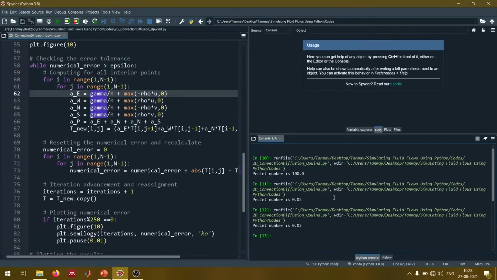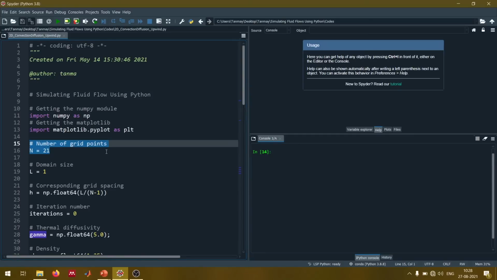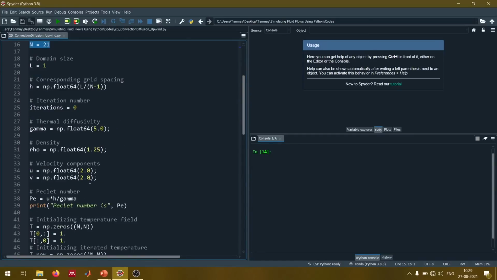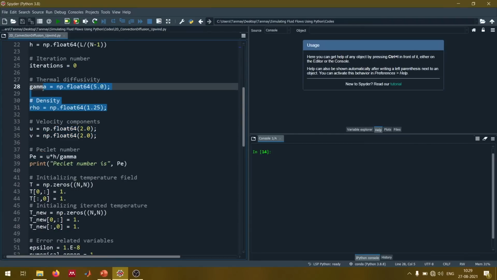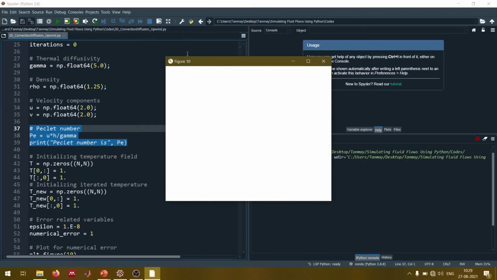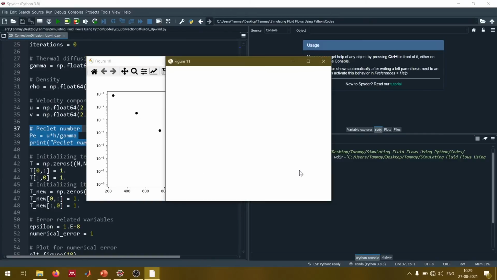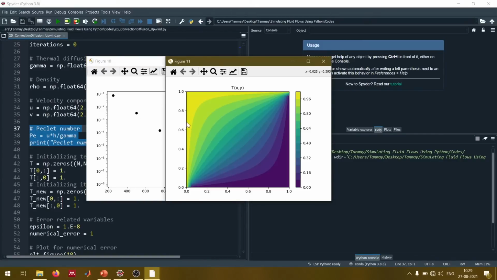So let us first look at the code that I have here, and then we'll gradually ramp up the velocity and see if the code crashes or not. I'll hit Control L here so that we have a nice and clean window. Here my grid points are 21, so that the solution comes out a little faster, and the velocity for now is 2 meters per second, and everything else has been selected randomly. I don't have any particular reasoning for that, but the important parameter of our interest is the dimensionless Peclet number. For this particular case, the Peclet number is 0.02, which is a very small Peclet number, and it gives us some solution.